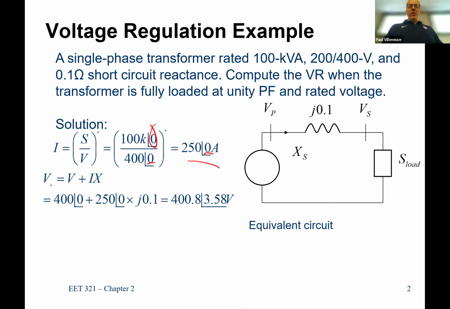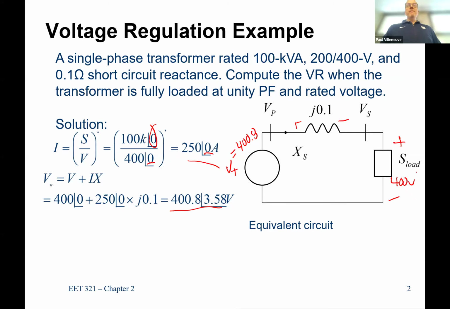So now to solve for the voltage here, this is the transformer. The transformer on the high side is basically here. I got a voltage drop over here. So what I'm going to do is include the voltage drop, and I see that my voltage goes to 400.8. Now, what that means is I have to adjust this voltage over here to operate at 400.8 volts because I want